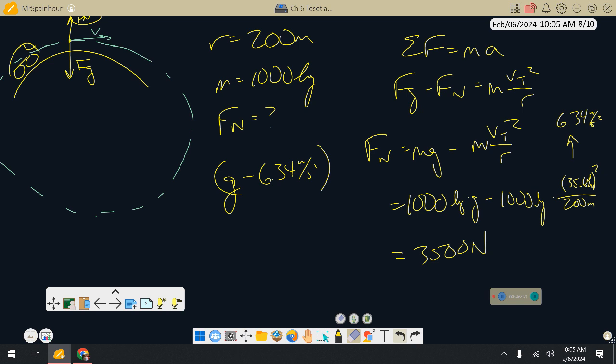So yeah, it's going to feel really weird when you go over that hill because you're not experiencing the same force upward that you normally would. So if you weigh like 100 pounds, you would feel 35 pounds pushing up on you as opposed to